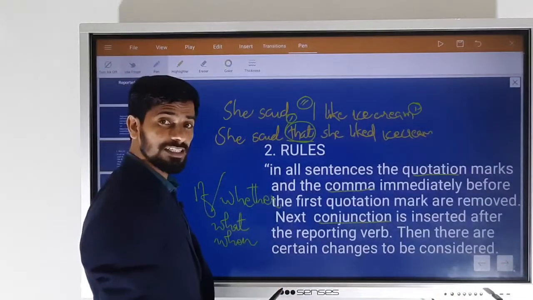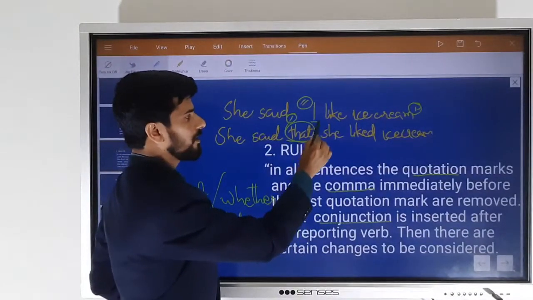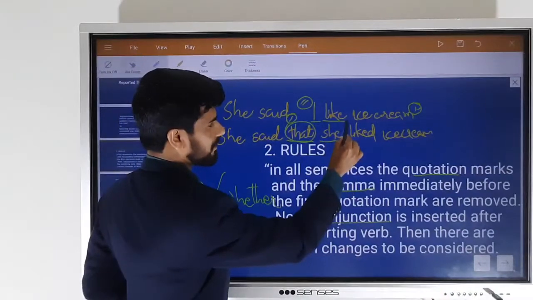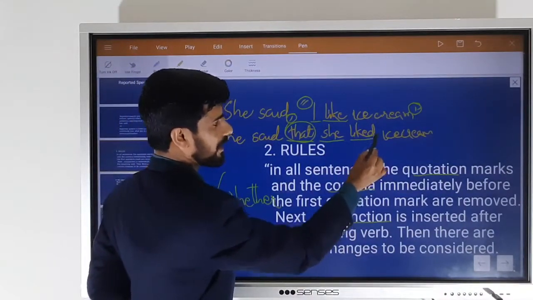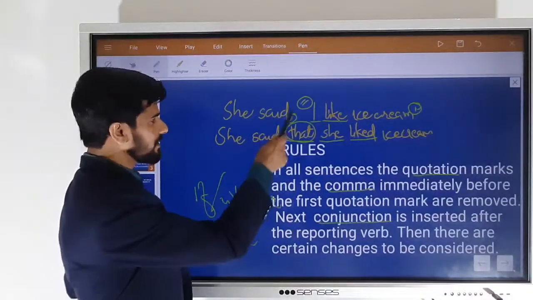There are some other changes to take place, right? What are the other changes? You can notice here the I has been changed as she, right? And like has been changed as liked. Understood? So the pronouns change as this